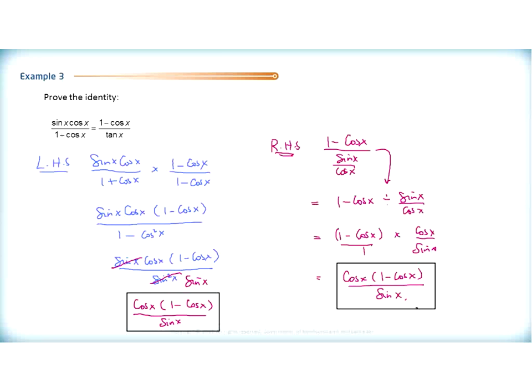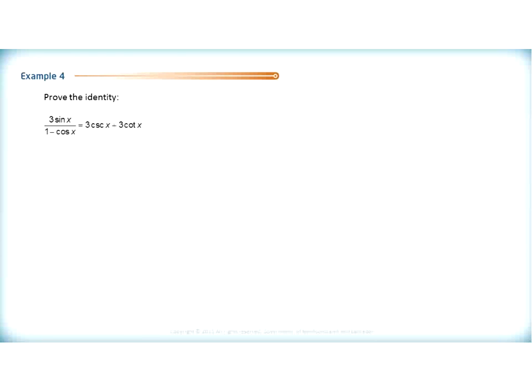I think we have one more example to do. It's example 4. Now then, let's again work with one side or the other. Let's start with the left-hand side. I've got 3 sine x over 1 minus cosine x. Again, this is the left-hand side. If I multiply that by 1 plus cosine over 1 plus cosine, again, multiplying by the conjugate, that's what we're doing here,